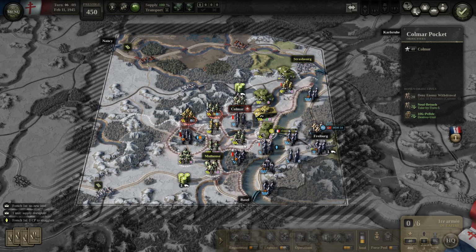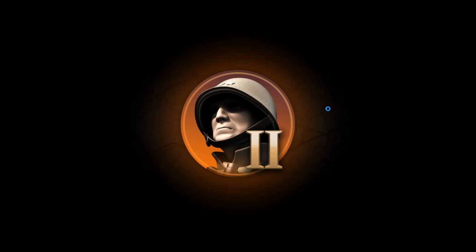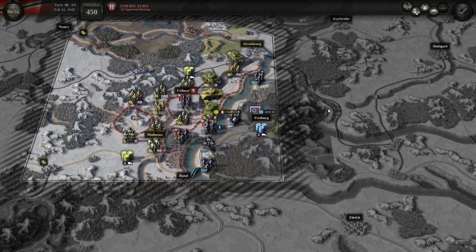Alright, so we'll move the headquarters to the front. Apparently, the closer to the front they are, the better their supply situation. We can't get the gold star anymore. We've already waited too long. And so...